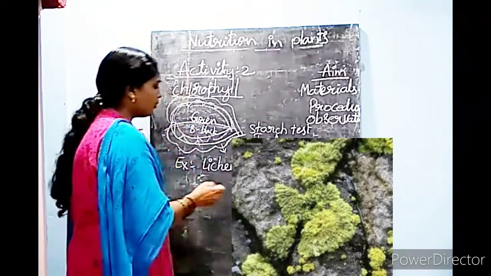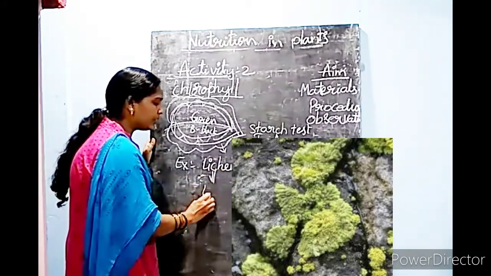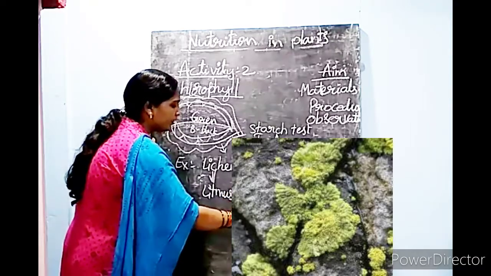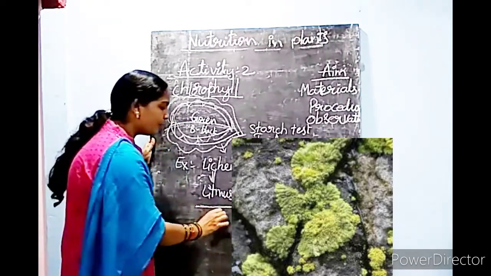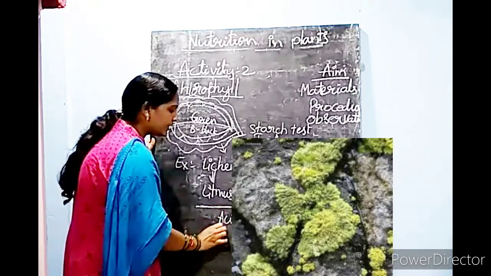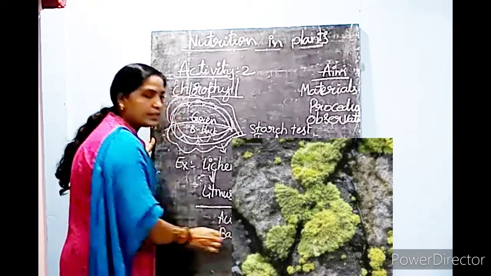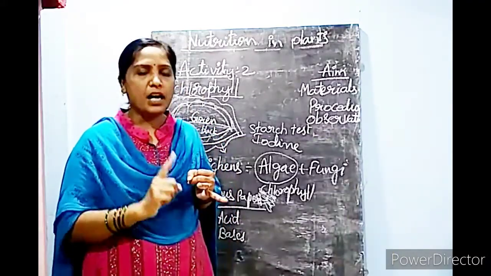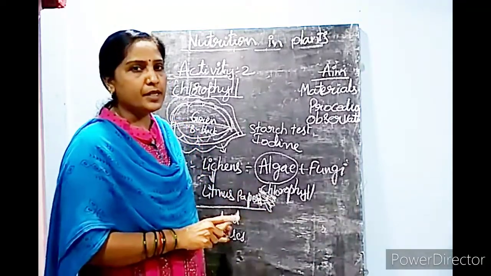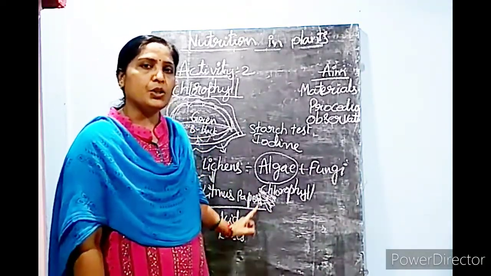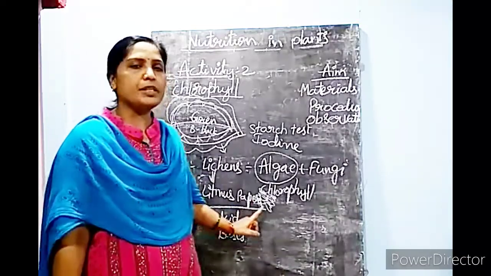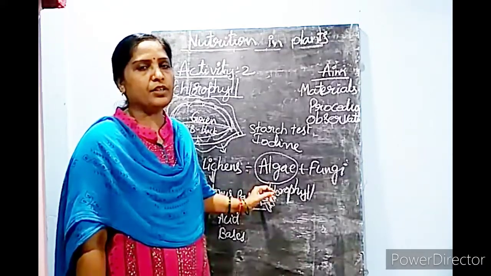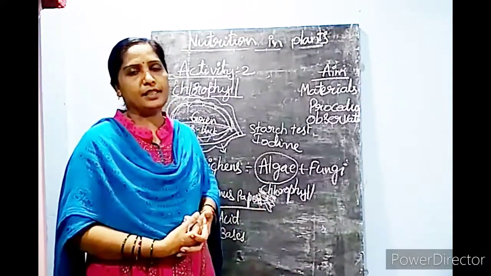This lichen we use to make papers; litmus papers are prepared by using lichens. We use this litmus paper to find out acids and bases, that is, if any substance is given to you, to find out whether the substance is an acid or a base. This acids and bases lesson is there in your chemistry, so you can understand what litmus paper is. So lichens are one of the examples of symbiotic plants.